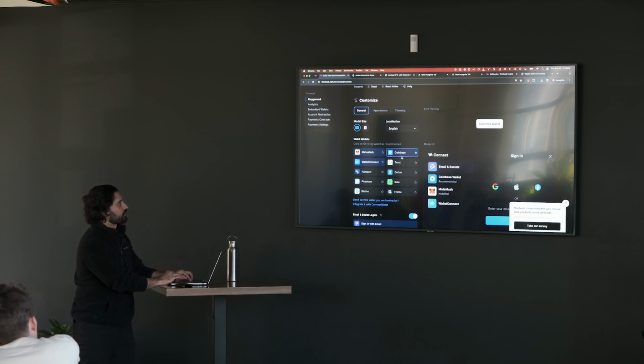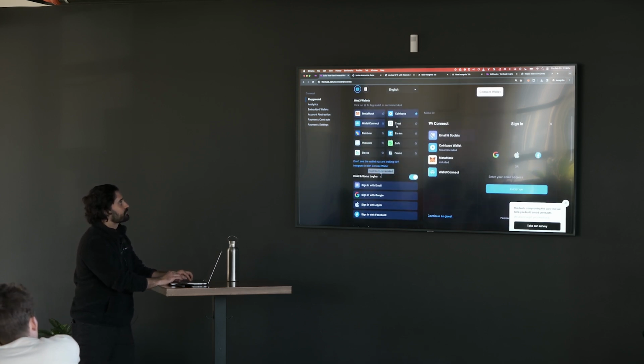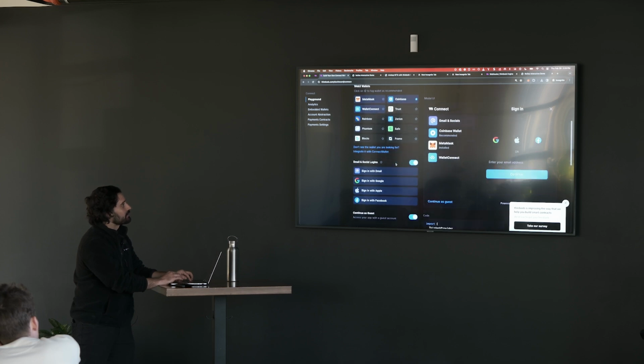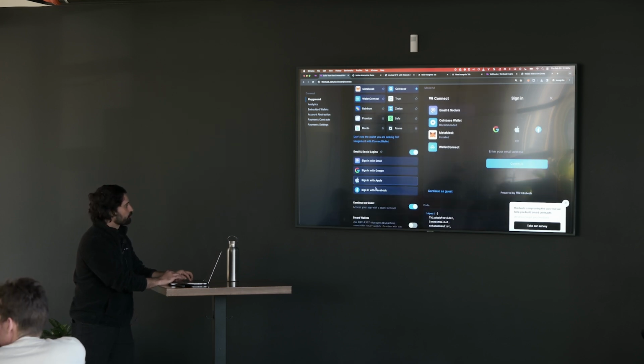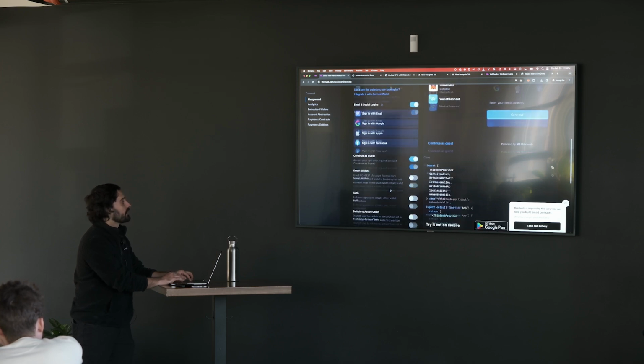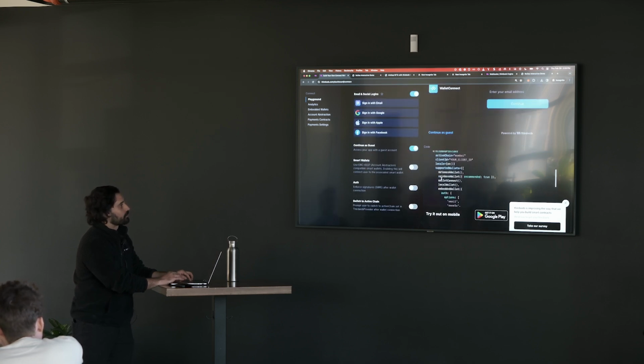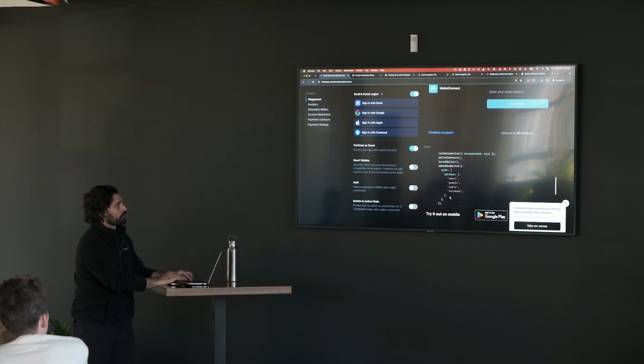It's one line of code to import it into your app. You can select the wallets you want to accept. Star whatever recommended thing that you want to flag for users. Email and social logins, local wallets, and then finally just the implementation. We've got a ThirdWeb provider where you need to pass in your active chain and client ID, and then you just tell it which supported wallets and auth options you want to support.